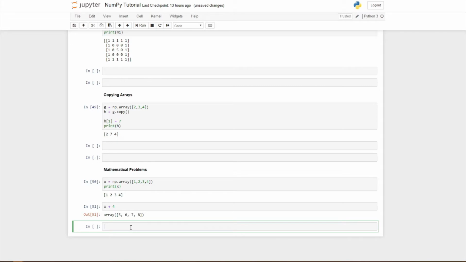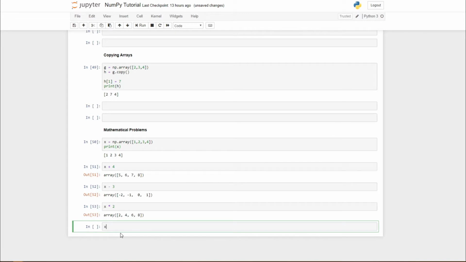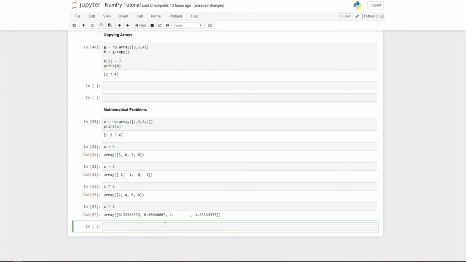the matrix x. Similarly, we can subtract a particular number, for example x minus 3. Now yeah, and then x multiplied by 2 and x divided by 3. Now you can see 3 is dividing every element of that x matrix, 1, 2, 3 and